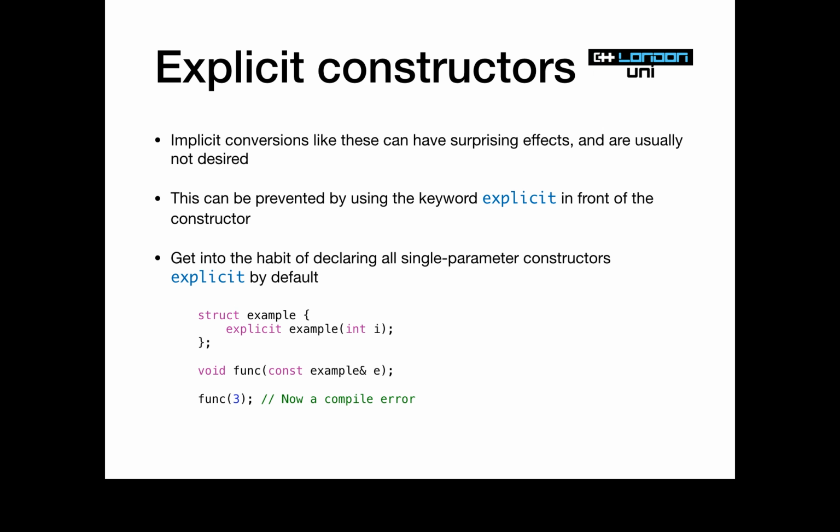So, having made this constructor explicit, it's no longer a candidate for an implicit conversion. So trying to pass 3 directly here is going to be a compile error. It's going to say, I was expecting an example object, you've given me an int, that's not going to work. My question was ill-formed. What I meant was, you obviously don't change the number of arguments. But you do have that double, that would still just do the implicit conversion twice, for both arguments. I see what you mean, yes. But not if we put the word explicit in there.